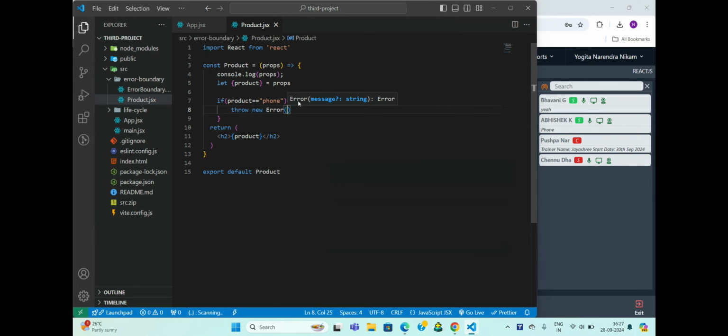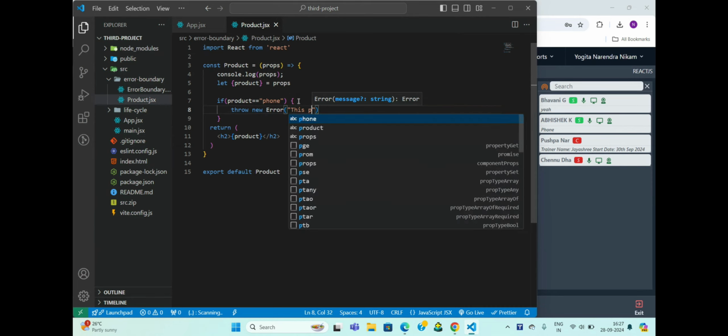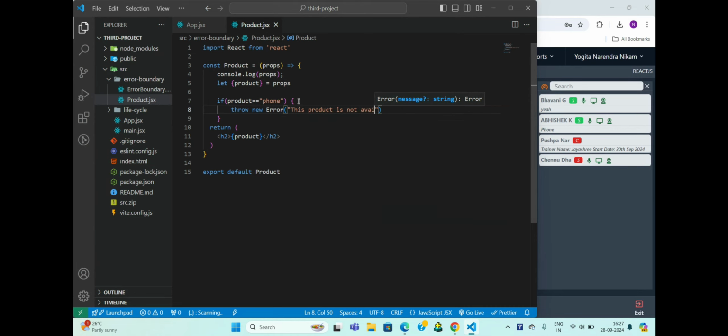Whatever error message you want to create, you can pass it here. That is your wish. Suppose I will pass here, this product is not available. This is my error. But whenever the value of your product is phone, only at that time I want this error to be generated.